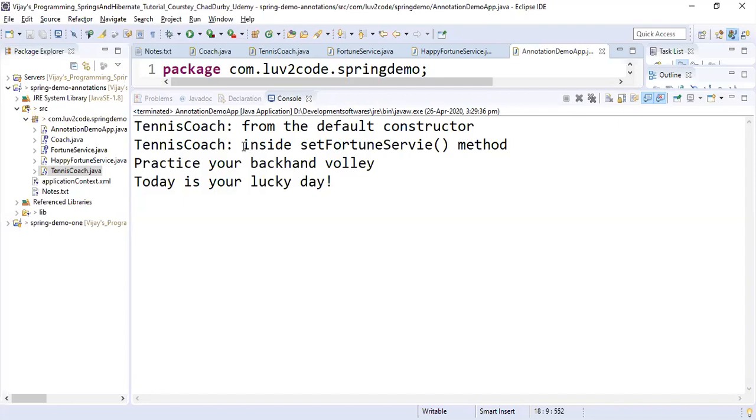That is the code section where it is happening, the dependency injection with the Autowired annotation, and we are getting the messages from getDailyWorkout and getDailyFortune.